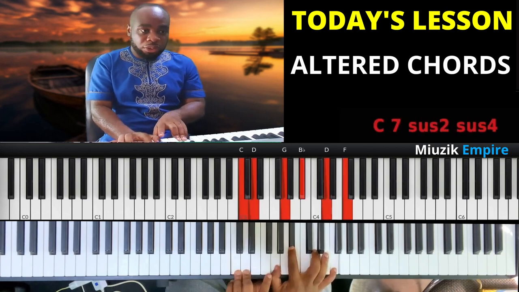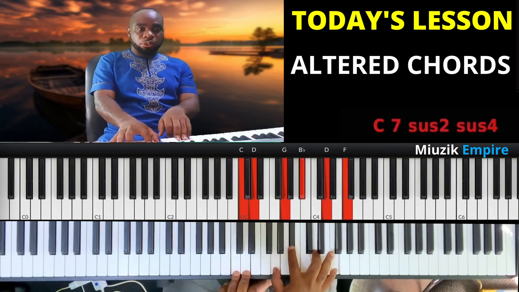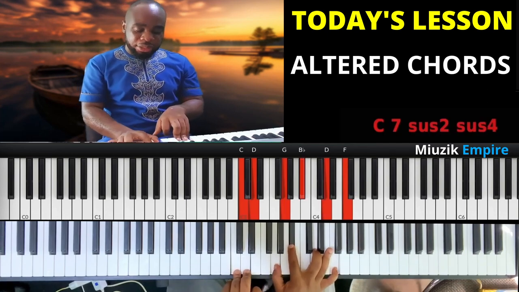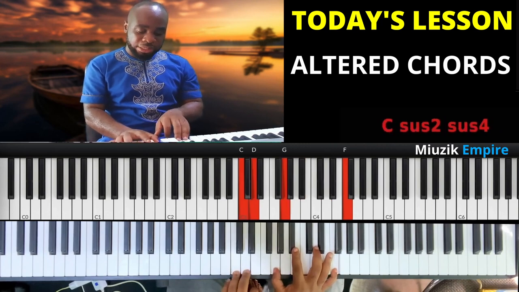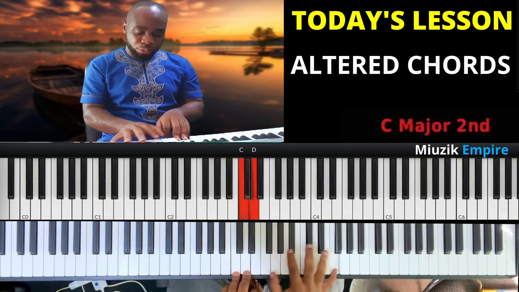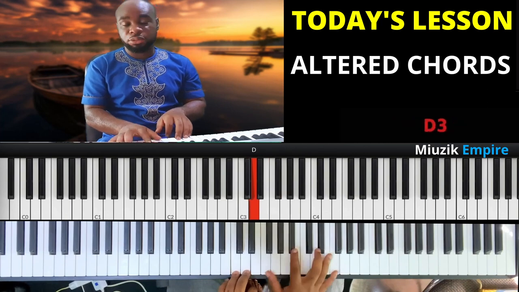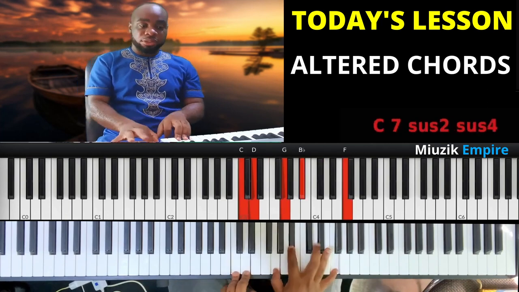So this is the altered chord that we created. It has a dominant 7th inside. It has a sus2, and then it has a sus4 because of the F note. It has a sus4 inside. Okay, so